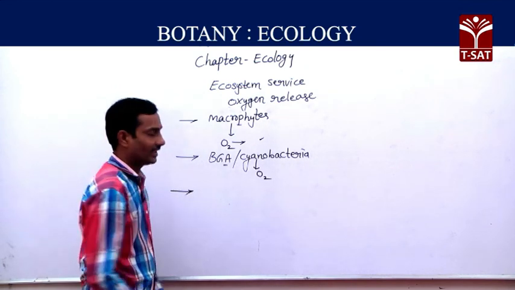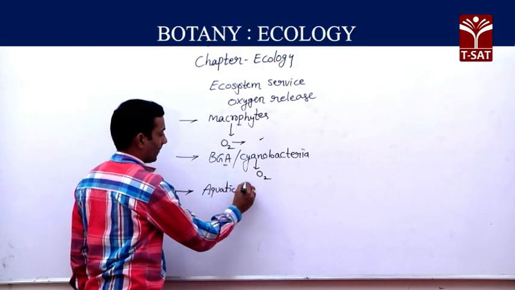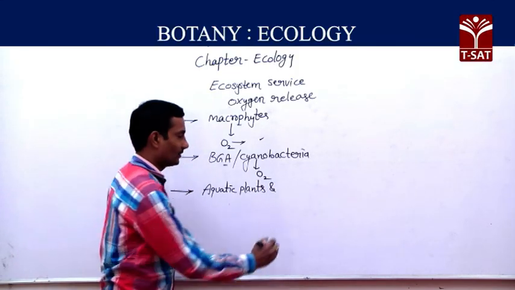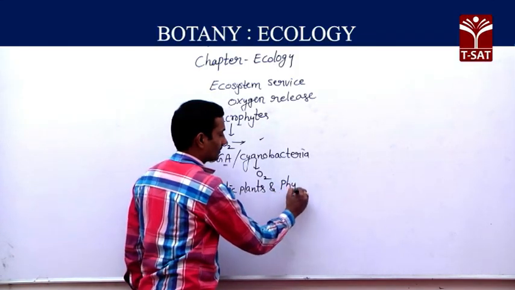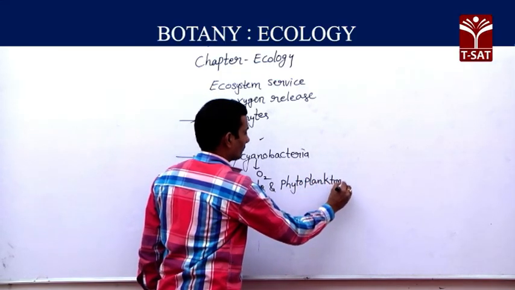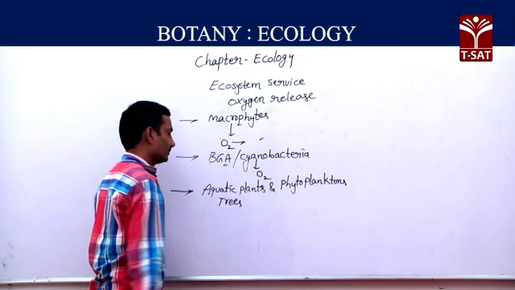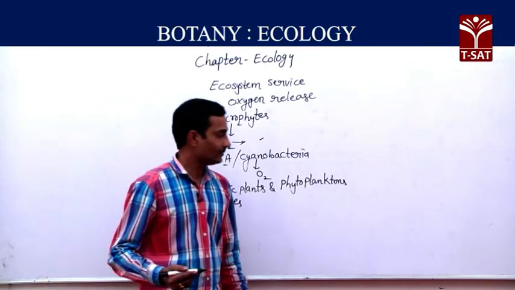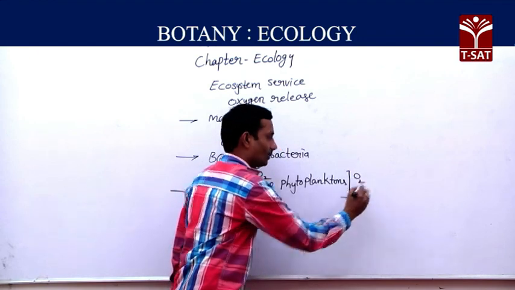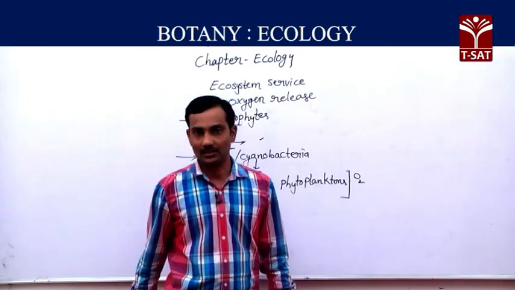Mainly here aquatic plants as well as phytoplanktons and terrestrial trees, all these help to release a huge amount of oxygen into the surroundings, that is, into